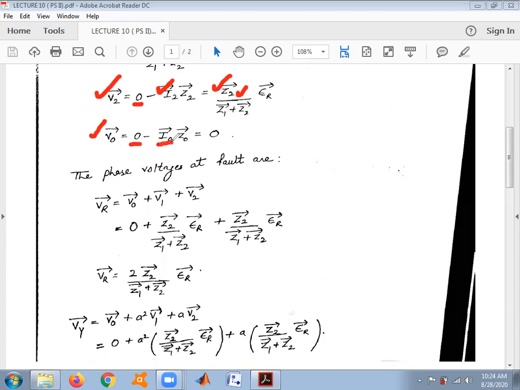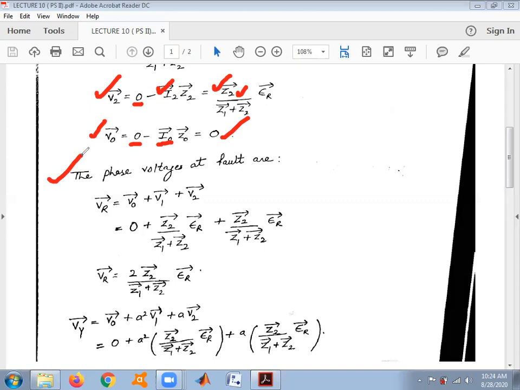This we had calculated in the previous lecture also, the derivation for sequence currents. So the voltage across the zero sequence component is 0. Now we can say that because we had taken R phase as the reference phase and we state that,